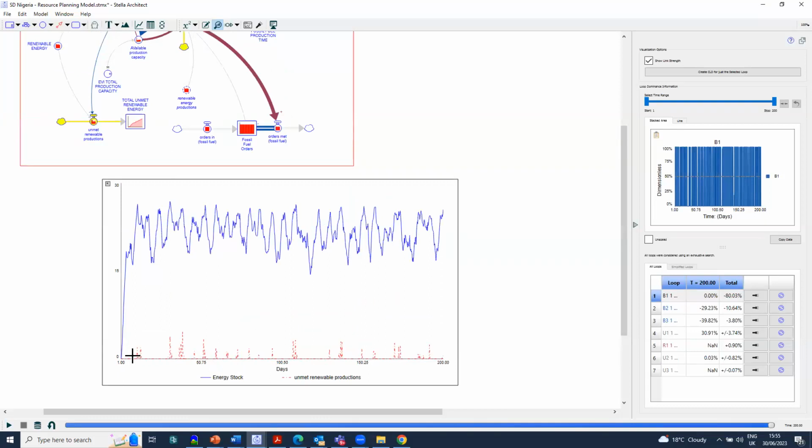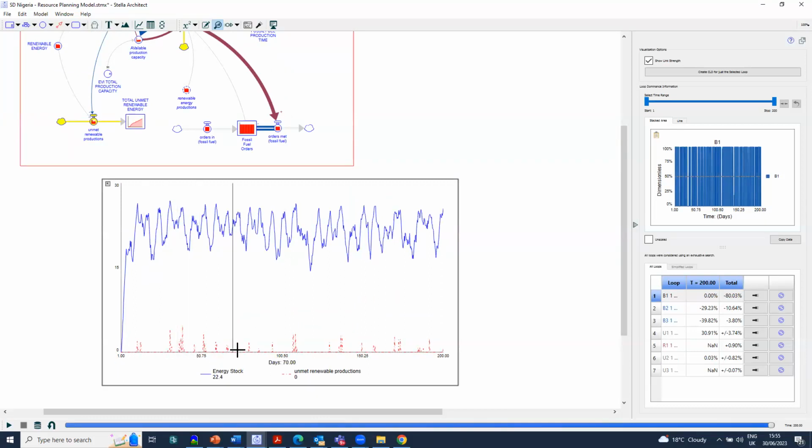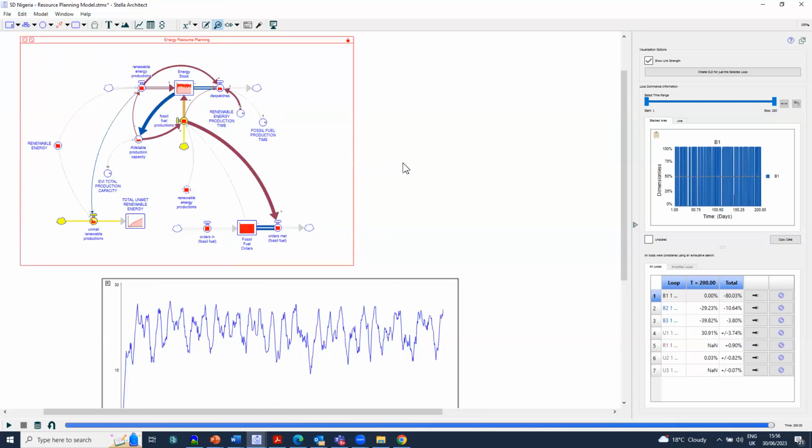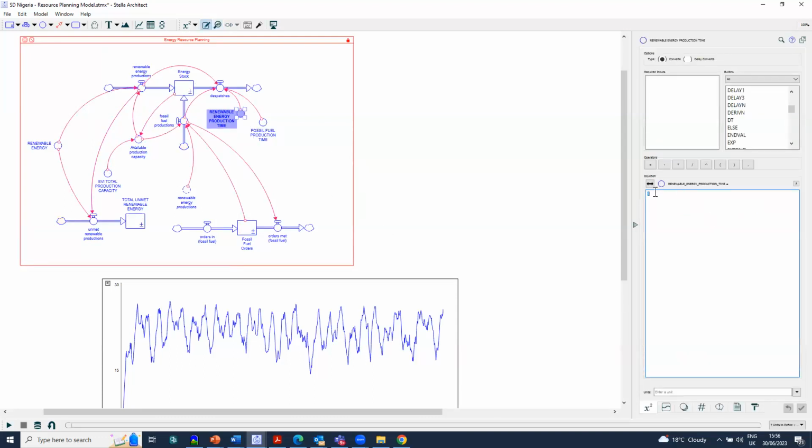Under this scenario, we're just looking at the numbers at the bottom. So what would you want to raise it to? You want to reduce it or increase it? Reduce the time of production. It is 5 here. So you want to put it to what? Let's say 2. What impact would that have on your fossil fuel production? It would make the fossil fuel dispatch later, while renewable energy is dispatched much earlier.